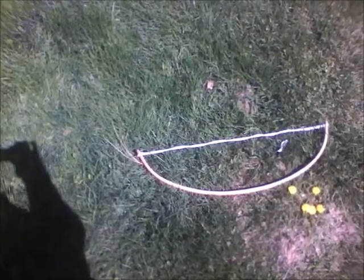And there's a plane. I'll let it pass. I kind of hate living next to the airport. Alright, so